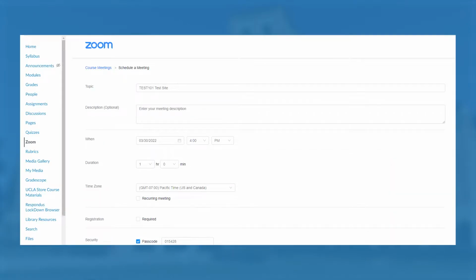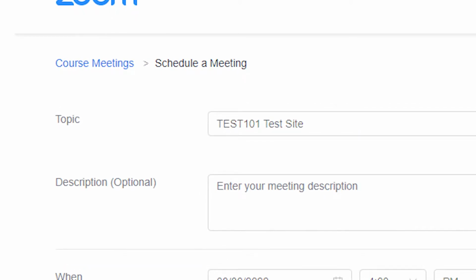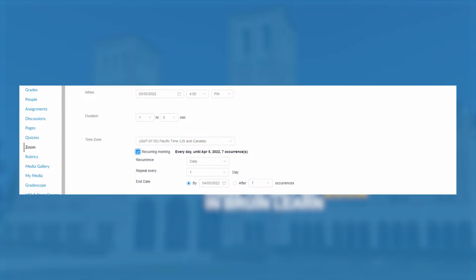The first thing you want to do is make sure you relabel your Zoom sessions in the Topics section to avoid any confusion, and please keep the name short so that the students have an idea of what is due on their to-do list. Now you can decide if you want this meeting to be a recurring meeting or a